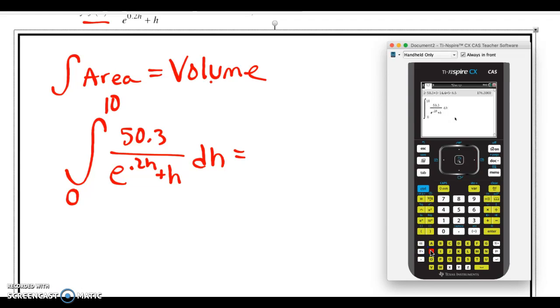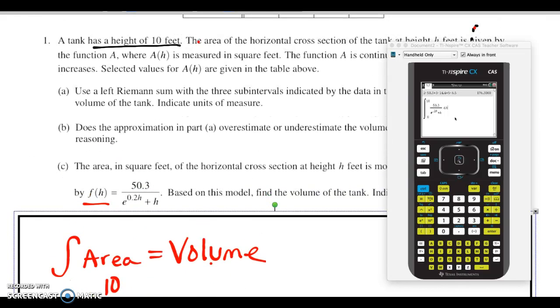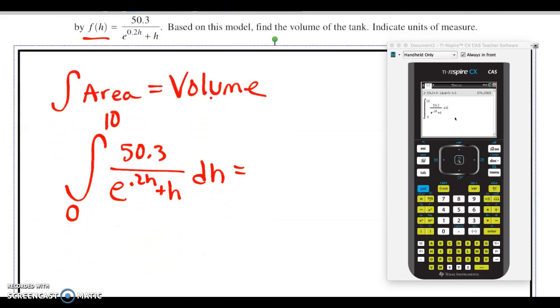I'm just going to read it again to make sure I got it right. I've got 50.3 over e to the 0.2h plus h, dh. There we go, put that right there. Hit enter on my calculator, and I'm going to get an answer of